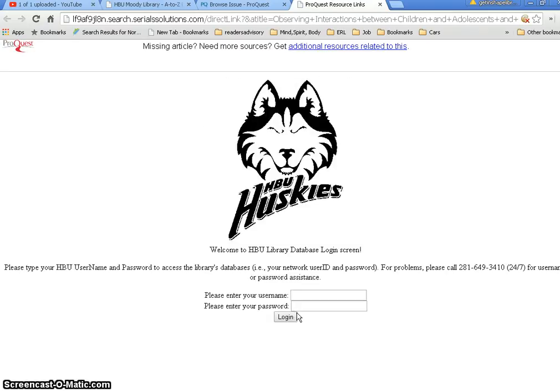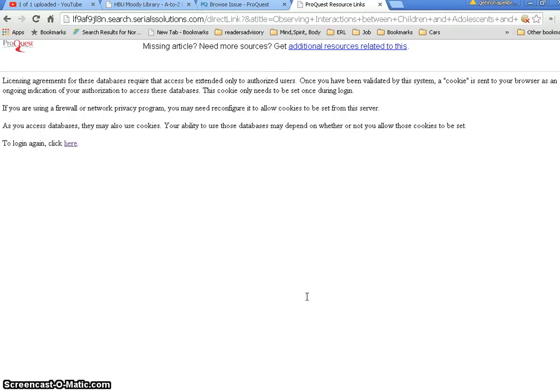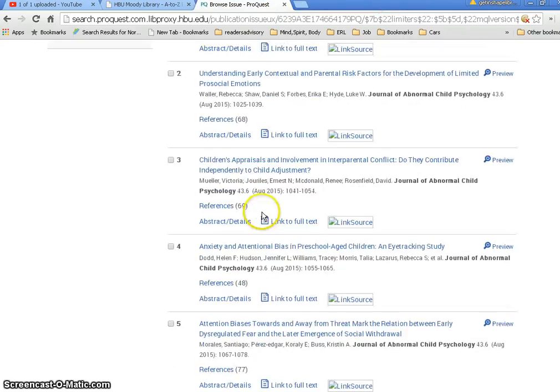Okay, let me go ahead and try citing in and see if it makes any difference. I don't think it will in this case. Okay, and it says that with licensing agreements for this database, we cannot access that month. Okay, so if this had been an earlier